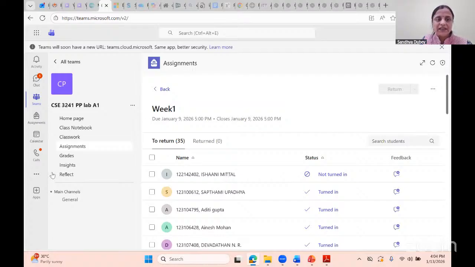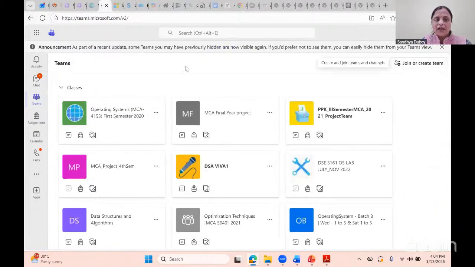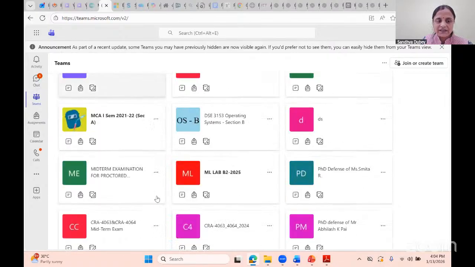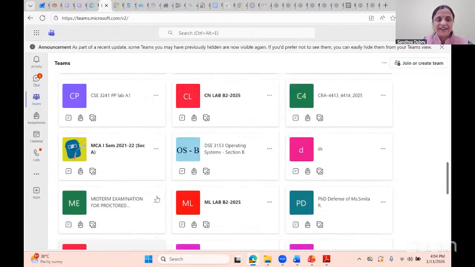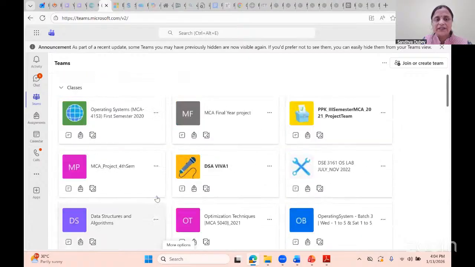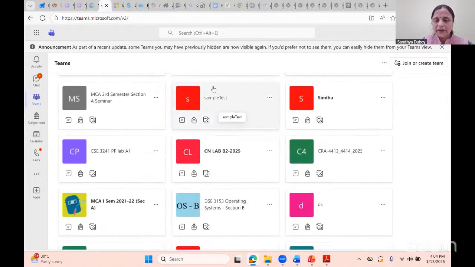I have assigned it here in Teams. You can create your own team, and after creating the team, you can add the members. I have added my team members, and I'll show the demo with my recent team. For each batch, for whichever course we take, we create a team and conduct the assessment using Teams. The lab assessment, 60% is through continuous evaluation, or this formative assessment. 40% will be only in the end-term assessment.